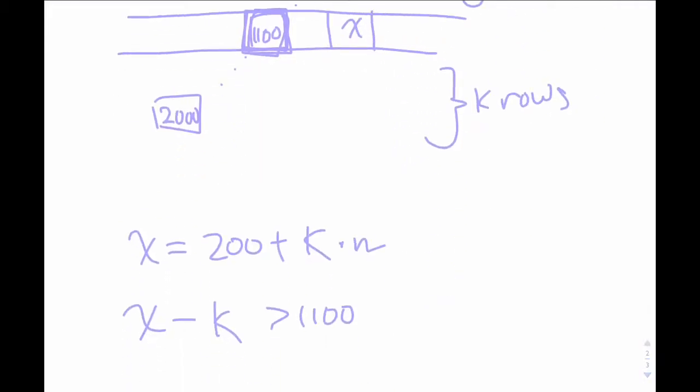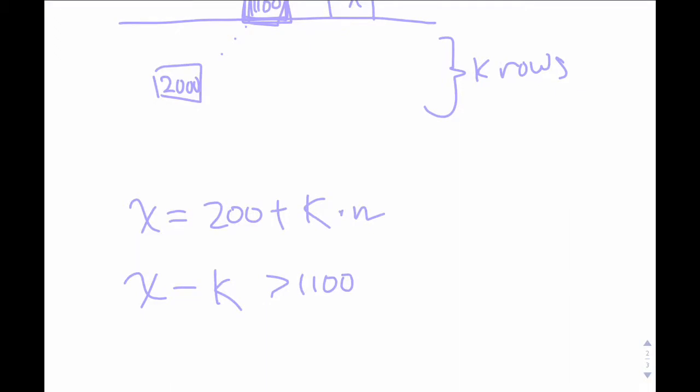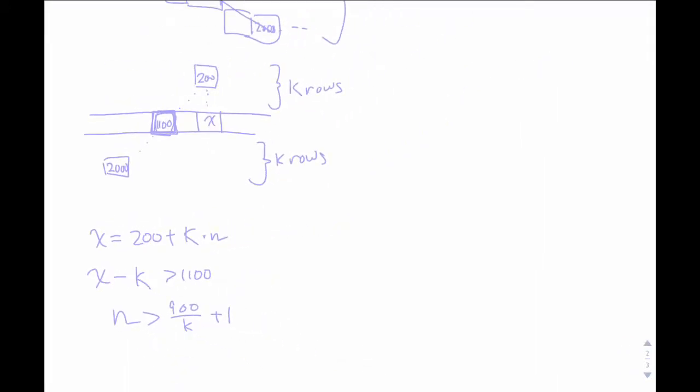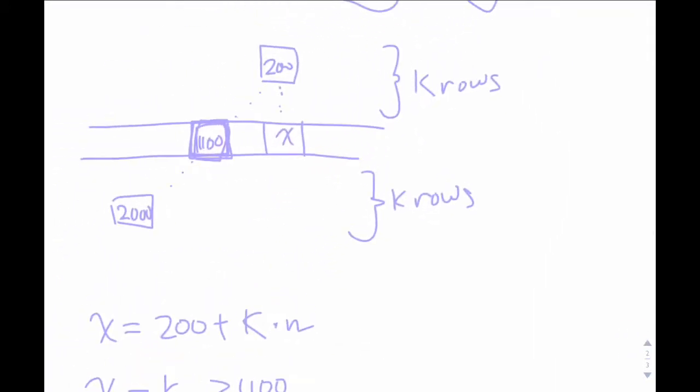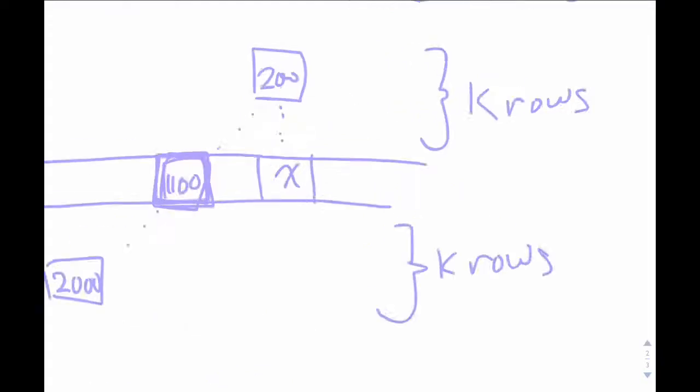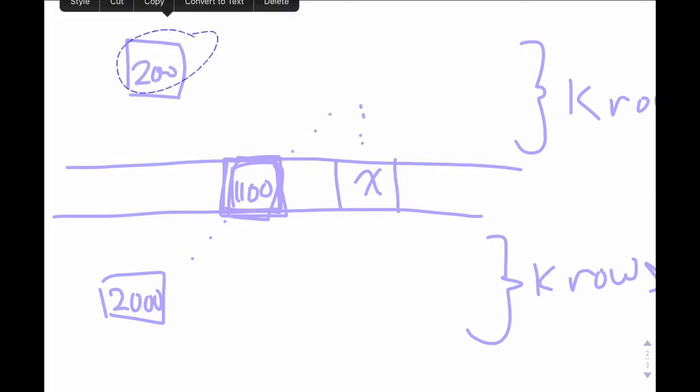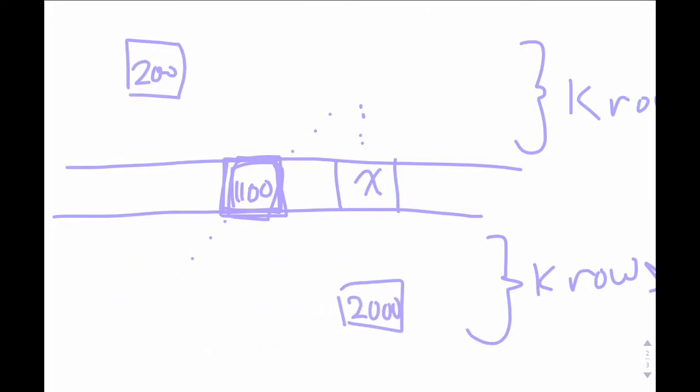So that's what we're going to do. We want to set x minus k greater than 1100. So we have that n is greater than 900 over k plus 1. And we can do the same thing on the other side. So this is in the case where we're saying our slope is less than 1. And if we do the same thing on the other side, just by looking at what happens when our slope is exactly negative 1,